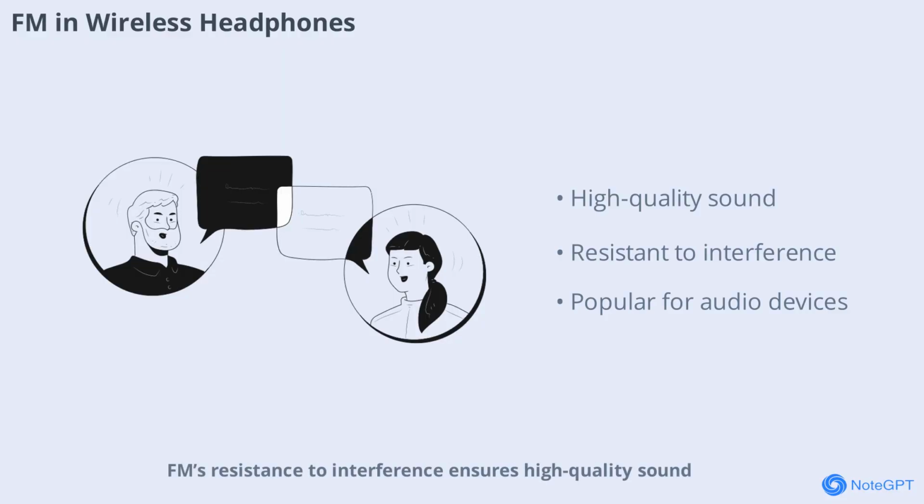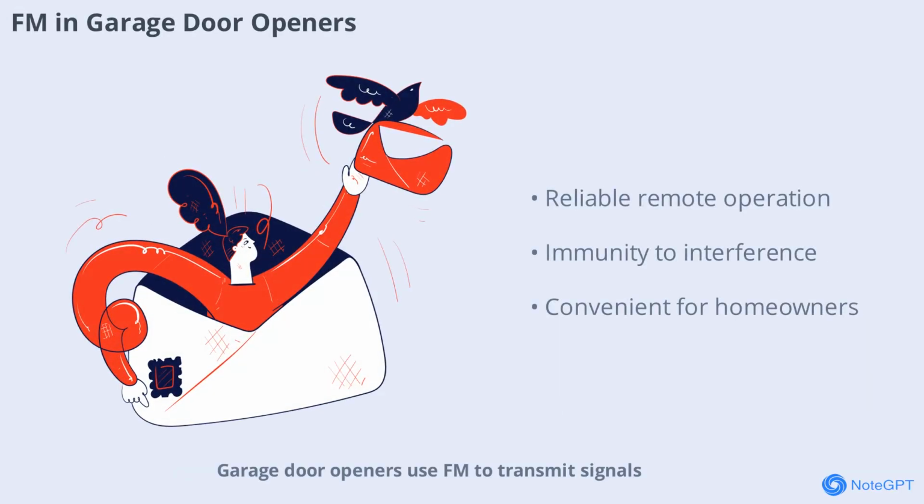FM's resistance to interference ensures high-quality sound, making it a popular choice for personal audio devices, especially in environments with many electronic devices. Garage door openers use FM to transmit signals from the remote control to the door mechanism. FM's reliability and immunity to interference help ensure that the door responds promptly to user commands, providing convenience and security